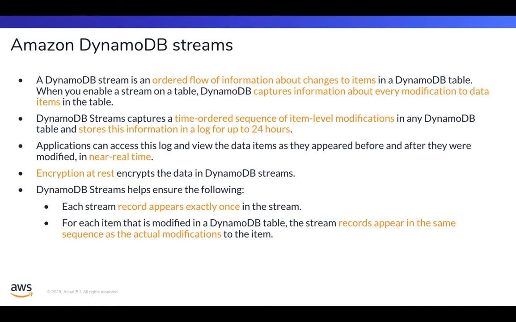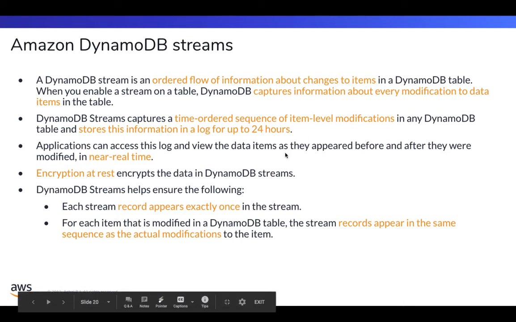So let's understand DynamoDB streams a little bit. A DynamoDB stream is an ordered flow of information about changes of items within the DynamoDB table. It captures information about every modification that is done to the item in the table, and it is captured in a time-ordered sequence of item-level modifications, and it is stored up to 24 hours,